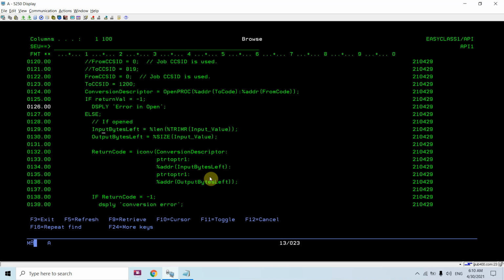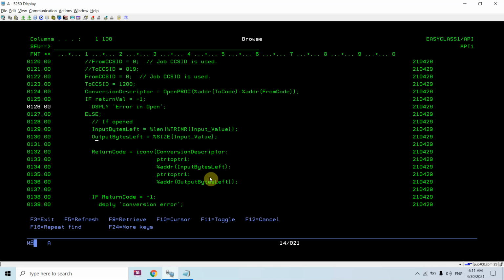If it is opened, what I'm doing is passing the length of the input value. So first I will trim that, and then I'll pass the length of that to the input bytes left, and I'll pass the size of the output value to the output bytes left.